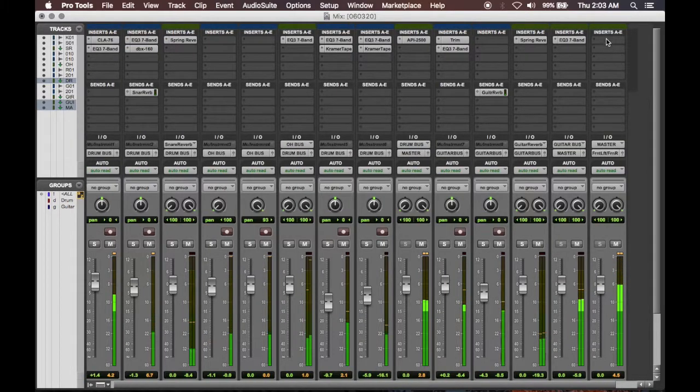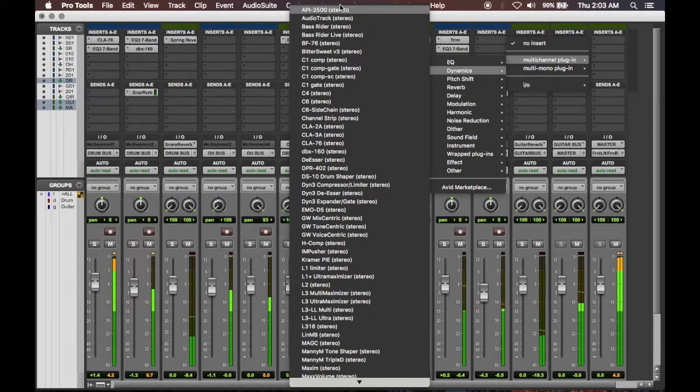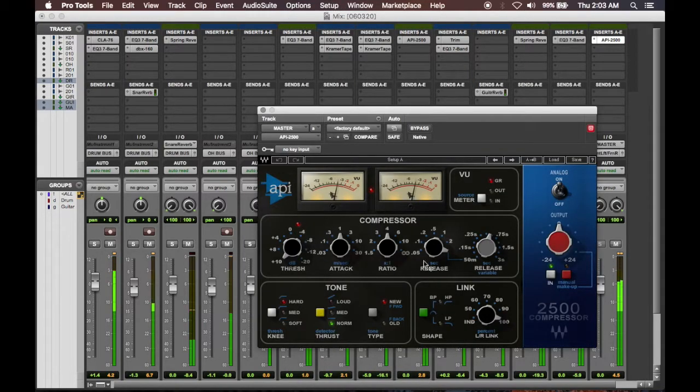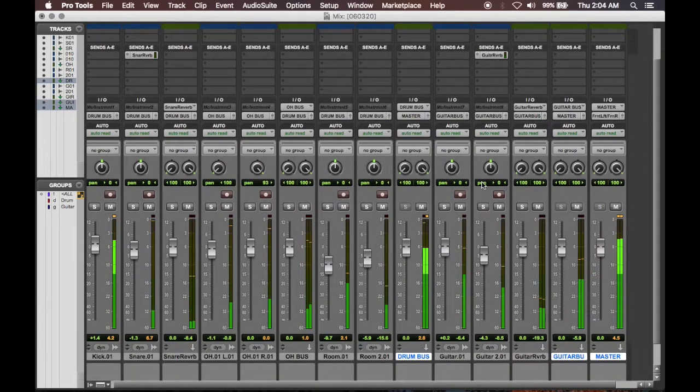So now, similar to our drum bus, I'm going to toss another API 2500, another Waves plugin, on our master or mix bus here. Go for very light compression, less than even a decibel. Okay. So now, because the mix bus is hitting a little hard here, I'm going between both the drums and